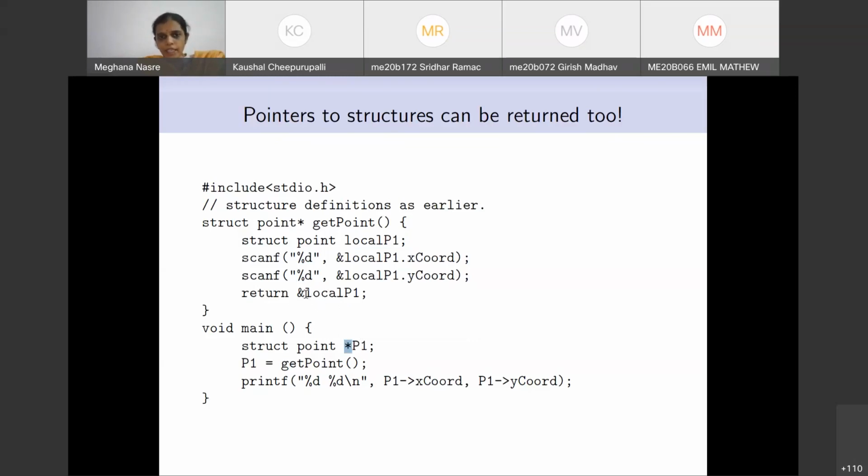We are just passing the address. We are collecting the address of this local P1. So that is okay. I'll answer your question, Rishabh. Okay, let's see whether this program is correct and then I'll answer your question.